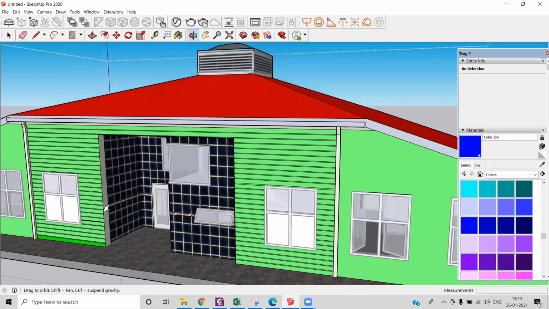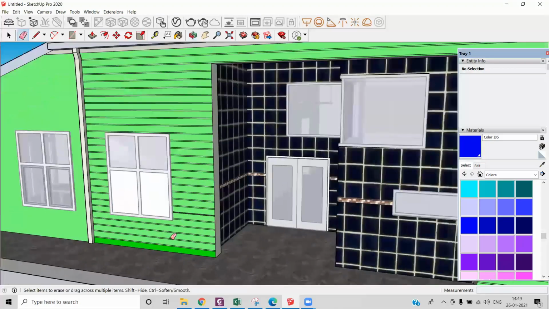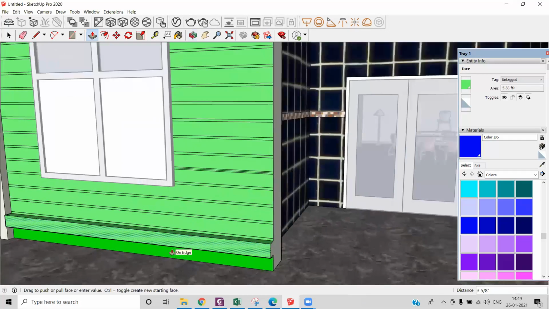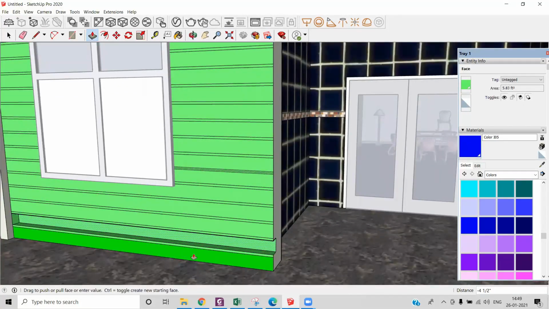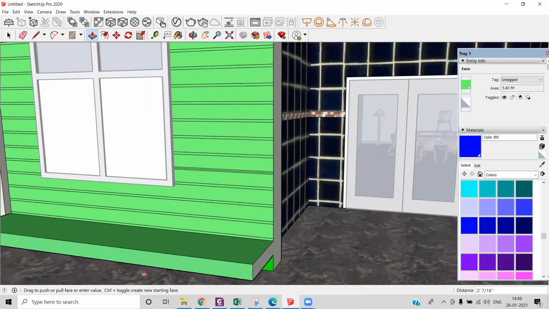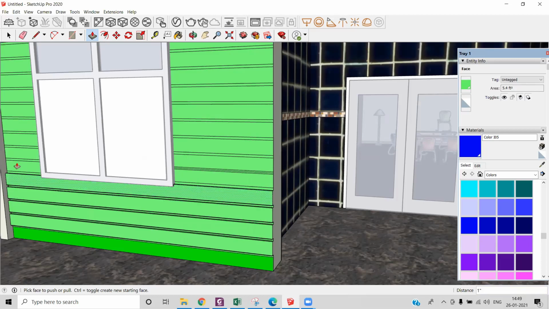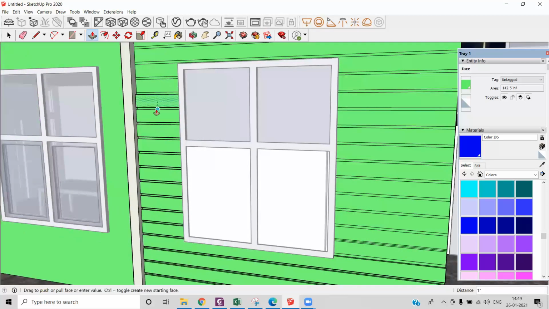And now we will start making the grooves. For that, I will use my push pull tool. Select the area, and I have already made a groove of 1 inch over here. So I will just pull it by 1 inch. Now, I don't need to enter the value each and every time. All I need to do is to just drag it. So I will simply pull it and click on the face of the dragged portion, and it will automatically take the dimensions that are required over here.